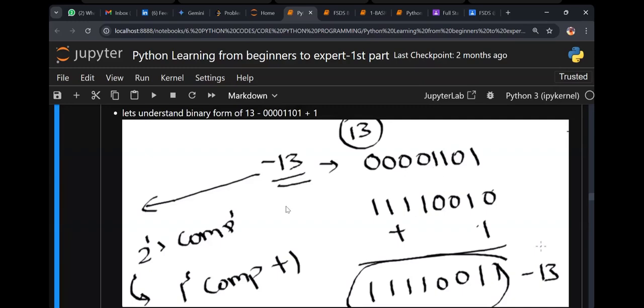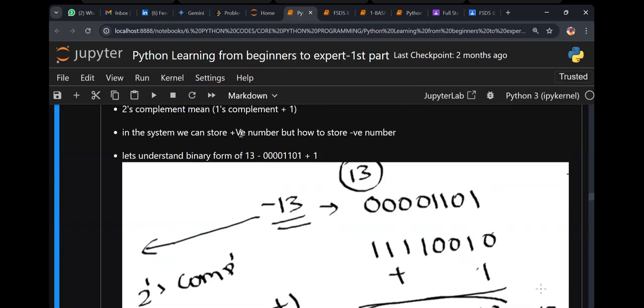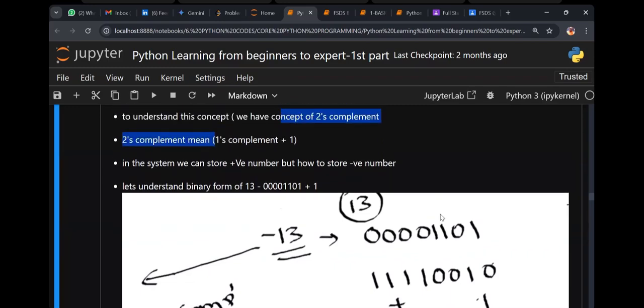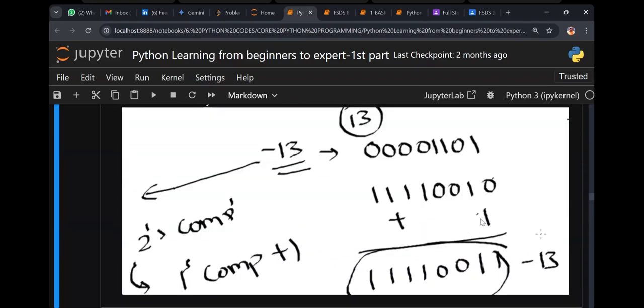Am I clear? So what did the formula say? The formula said 1's complement plus 1. Can I add 1 or not? If I add 1, this value will generate minus 13. Don't research too much. Okay. Just understand the complement operator. Complement of 1 equals 0. Complement of 0 equals 1.